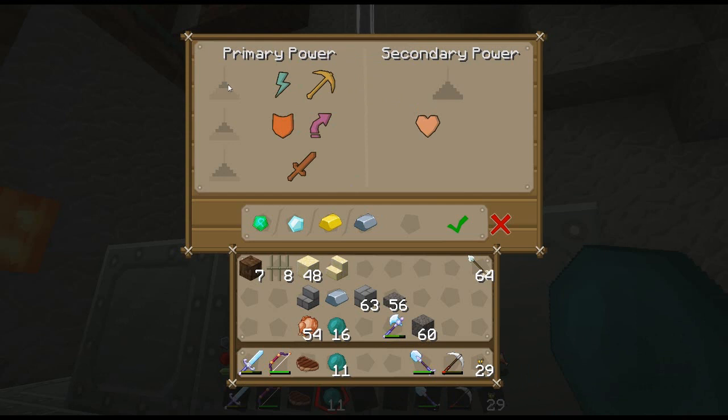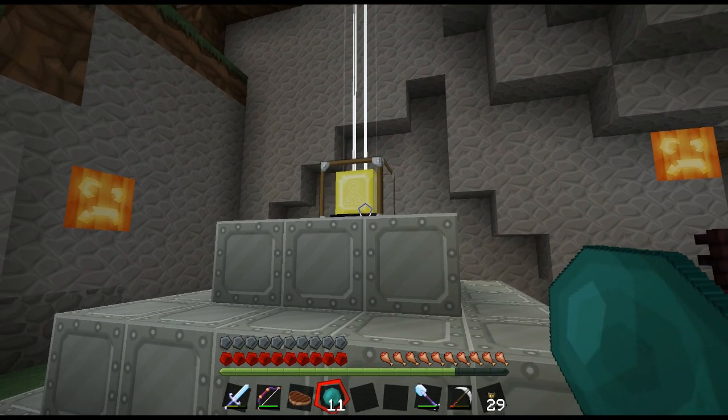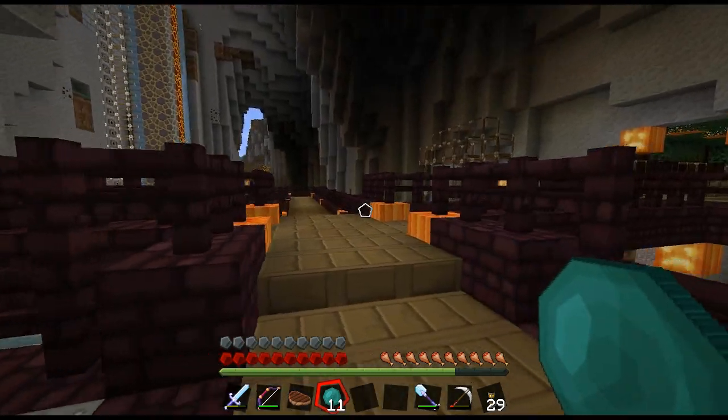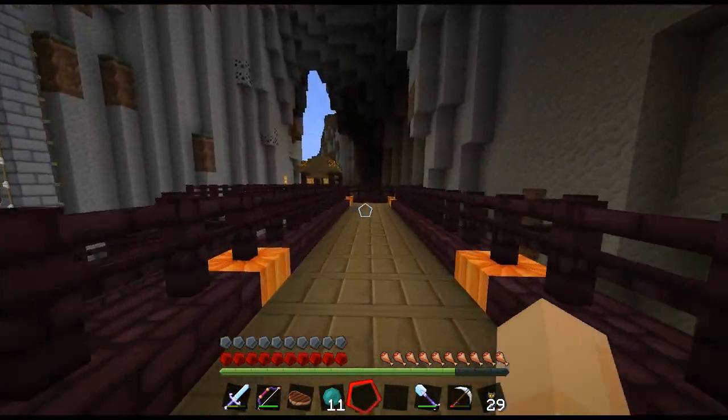So I believe I can get speed 1. Can't get speed 2 yet. So I'll feed it an iron ingot, and we should... Oops. Yep, there we go. Speed 1. And I should be able to run virtually...